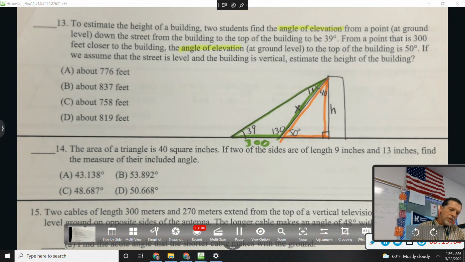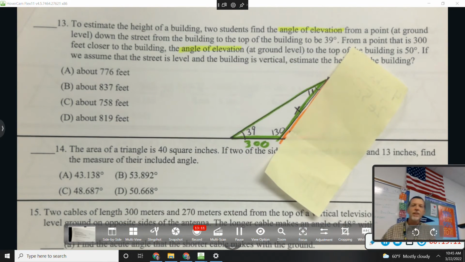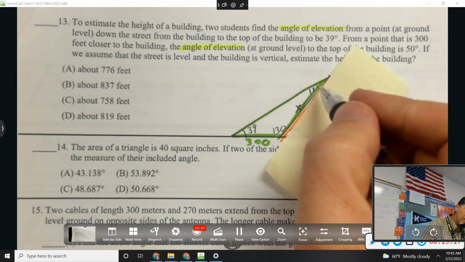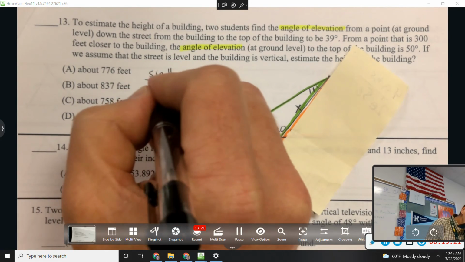All right, do we go with sines or cosines here? In fact, I could just cover that up. That's the only triangle I care about right now. Why sines? It has two things. I got a pair, 11 and 300. So sine 11 over 300